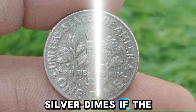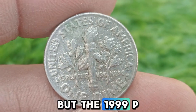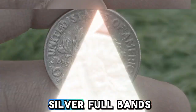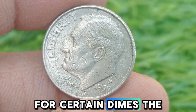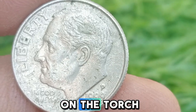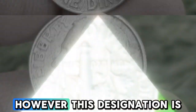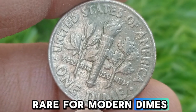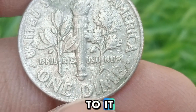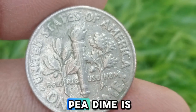Silver dimes. If the coin were a silver dime, it would carry more intrinsic value, but the 1999 P dime is a copper-nickel-clad coin and does not contain silver. Full bands. For certain dimes, the full bands designation, which refers to the clarity of the lines on the torch on the reverse, can increase its appeal to collectors. However, this designation is rare for modern dimes, including the 1999 P dime, and doesn't typically apply to it. Conclusion. In summary, a 1999 P dime is